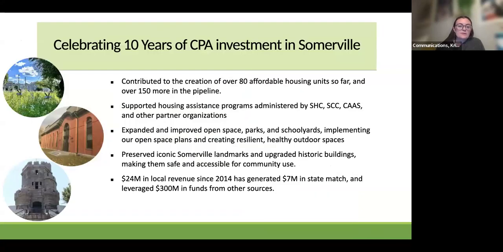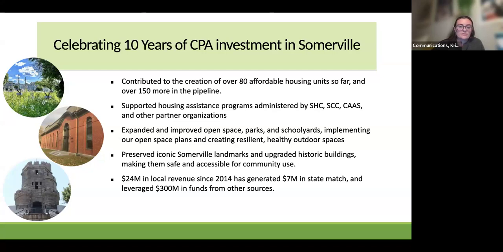Somerville adopted the Community Preservation Act by a vote in the general election in November 2012. A question on the ballot in November 2024 asks whether to increase the surcharge to the maximum of 3%. The CPA program currently generates about $3 million per year with a 1.5% surcharge. With this surcharge increase, this would go up to about $6 million a year. This would more than double the amount of annual matching funds that Somerville receives from the state.